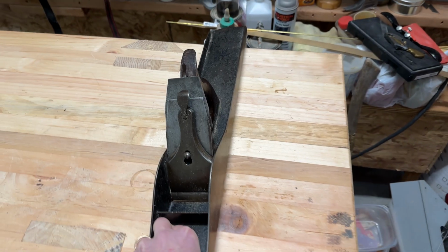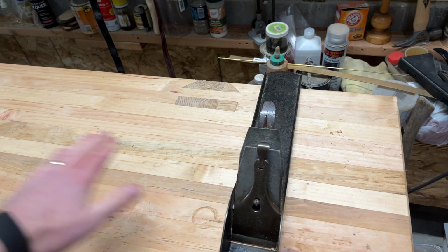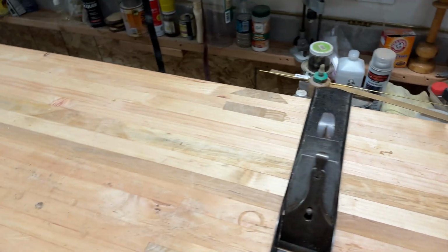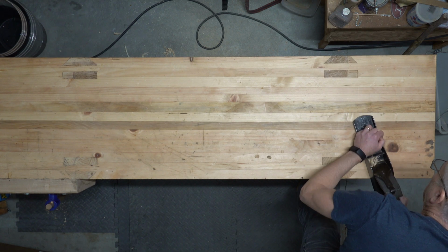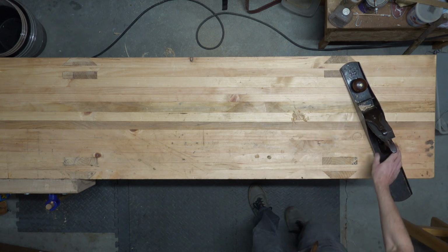And the first thing I'll do is I'll make passes widthwise just to take out some of the high spot, and then I'll make a pass going with the grain. Feel where it's contacting right in the middle. And you can see it's got a little drag to it. So what I do for that